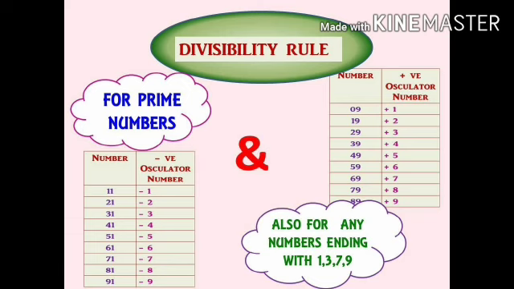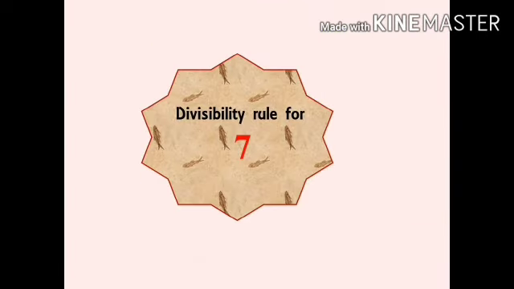First, let's see the example. After explaining the example, I will explain the concept so that understanding it will be very easy. First, what we are going to see is the divisibility rule for 7. That is, we are going to check whether a number is divisible by 7. So here is a number, 343. Let us check whether 343 is divisible by 7 without using division.